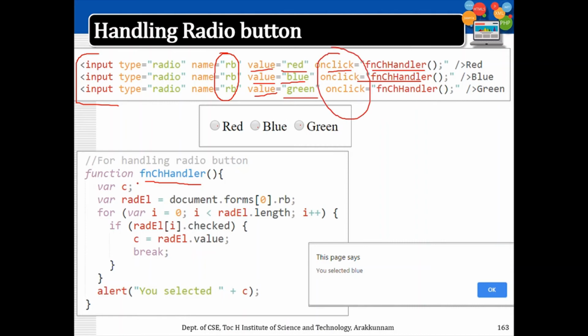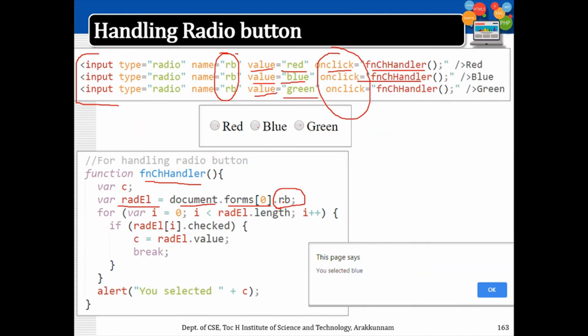Now we will see what happens in the function chHandler. I am first trying to access the radio button. The radio element radEl is equal to document.forms[0].RB, within the first form, where RB is the name of the radio button, or I can use elements[0]. As I already told, this kind of element is accessed as an array, because the name RB is given to three radio buttons here.